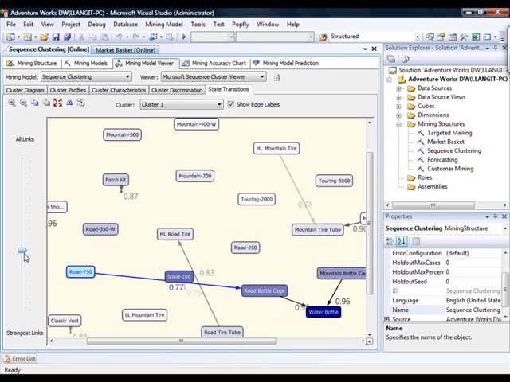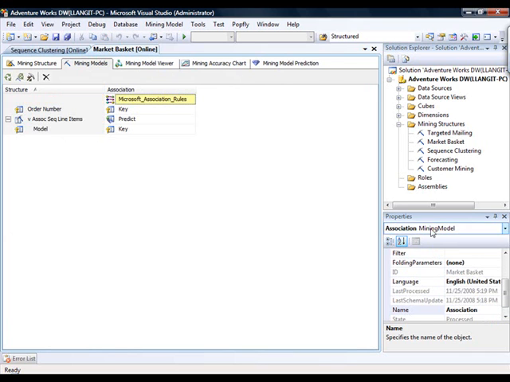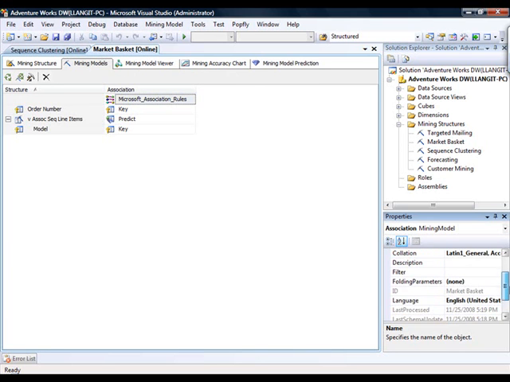Again, we have the ability to adjust the relevancy by clicking on the slider on the left side. And then the last thing that I wanted to point out, and I'm going to go back to Market Basket for this, is if I click on the Mining Models tab under the Association section, and then go over to the Properties and scroll up,